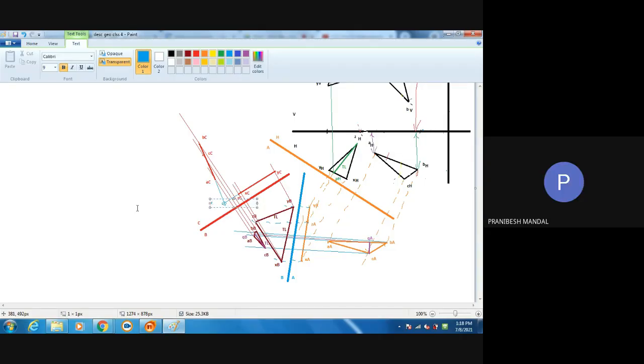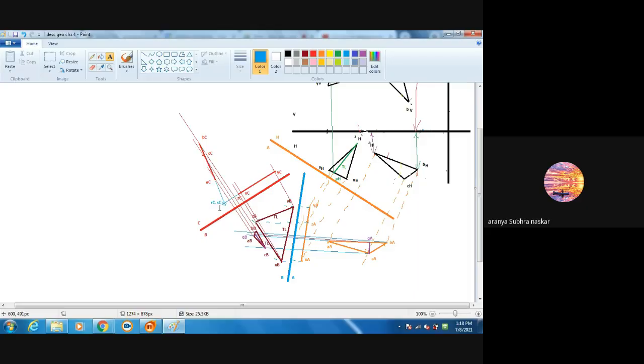So let it be RC SC. If the line is RS, this is RCSC. Yes or no? Yes sir. You have no objection, right? No sir. So if there is no objection,